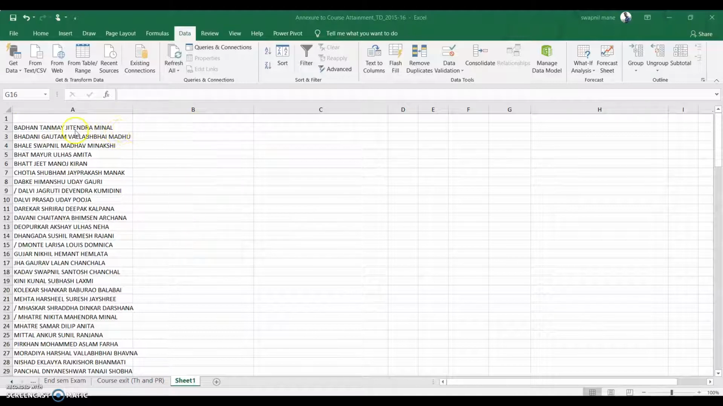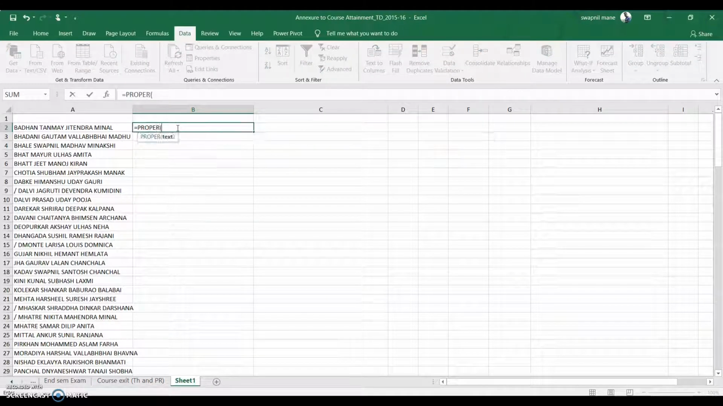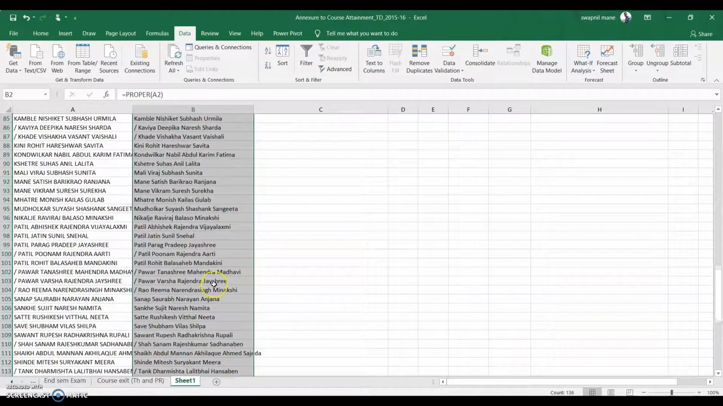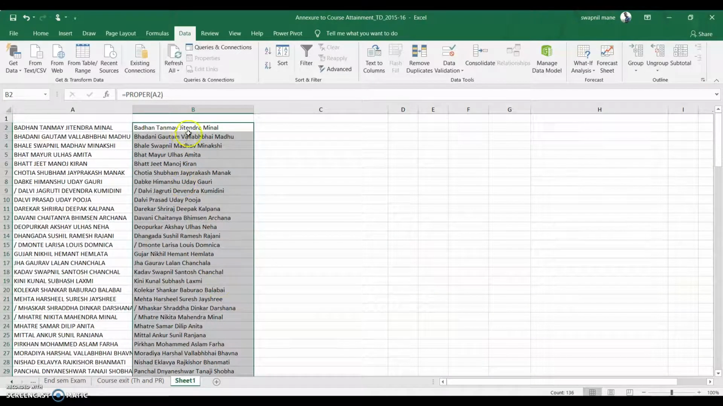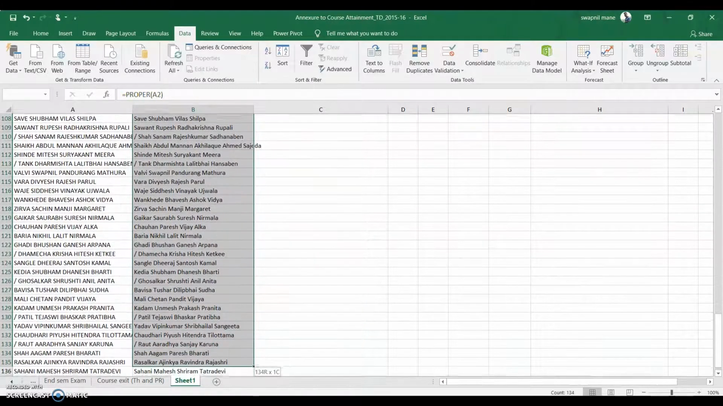So in order to convert this from capital to proper case, we will type equal to PROPER, bracket open, select the text and press enter. Then you can drag this so that all names are converted into the proper case. Now if you see that the general category of this text is equal to the formula, but we don't require that. So select this entire list,